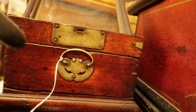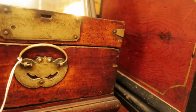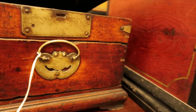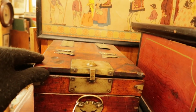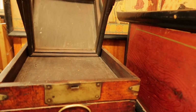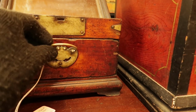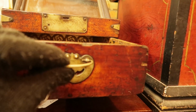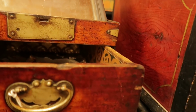This is an adorable travel vanity. It's so clever how the mirror folds this way, and of course it would have a little lock, I'm sure, and key. But isn't that sweet? If only we could travel with such things today. If only we could travel. It folds up lovely like that with a mirror, and then this little drawer pulls out. How adorable is that? And it looks like it was probably papered in maybe the 20s last it was used,